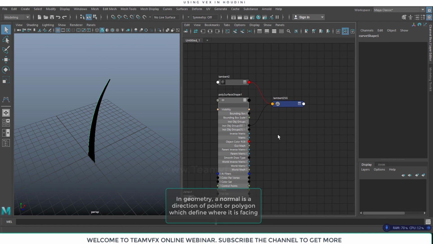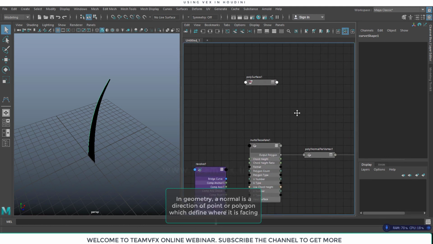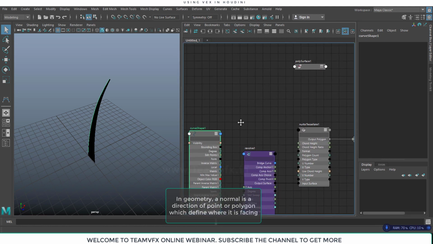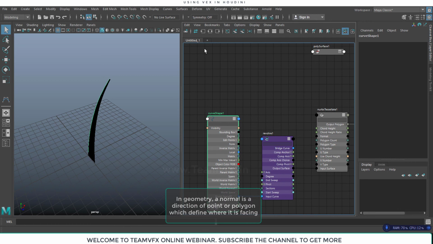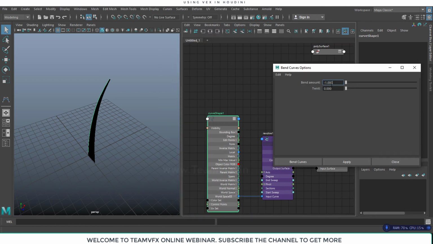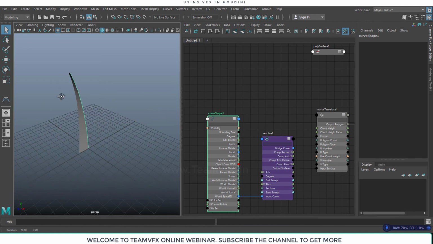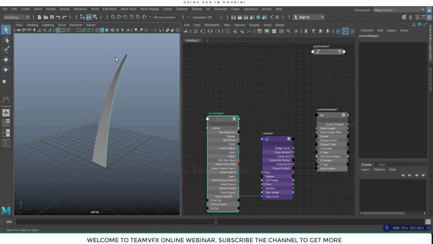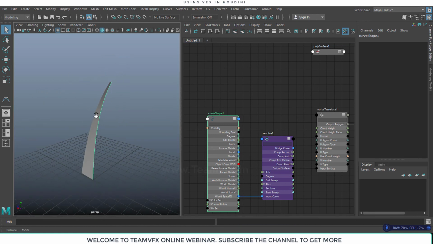What we can do is just rotate the curve in the minus x-axis. The easiest way is to select our curve, go to the bend command, and this time I will put -1 over here and apply it. So now my curve is in the opposite direction and my normal is in the right direction.